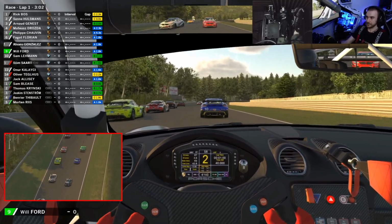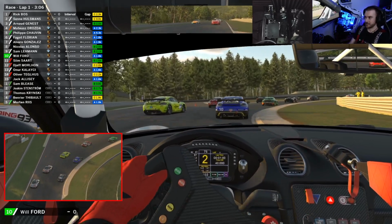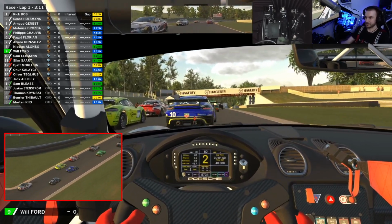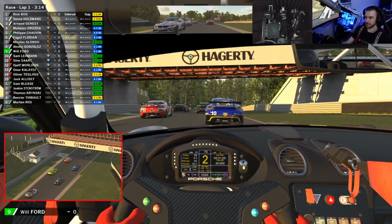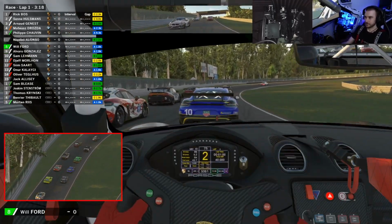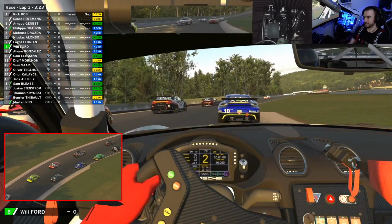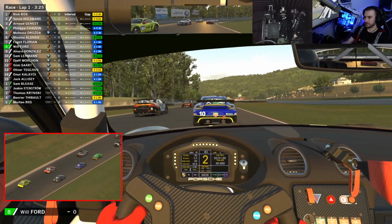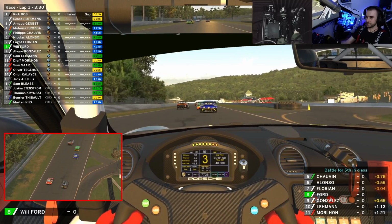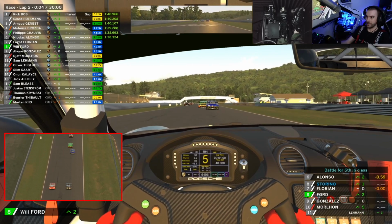Jeez. Might be time to stop testing your brakes now. Warming your brakes. Alright, focus. We're off. Not the best launch, but we left the guys behind, way behind, so